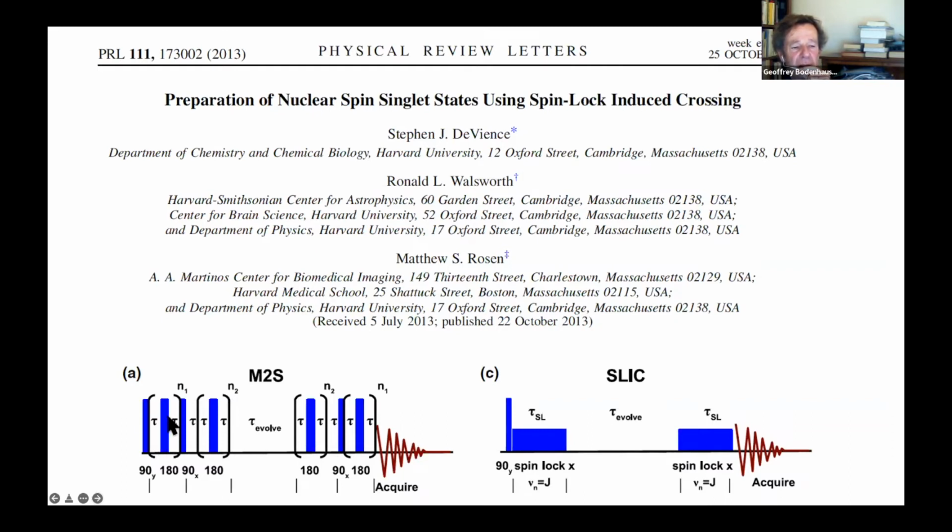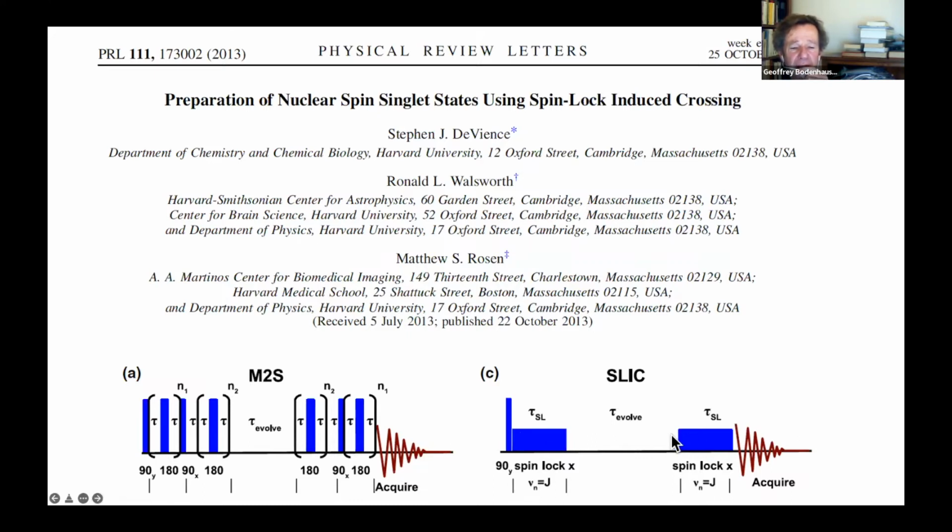In fact, it's maybe 10 of these and then 5 of these or something like that, depending on the strength of this system coupling. But De Wiens and company invented another idea, which they called spin-lock-induced crossing, or SLIC. And this uses simply a 90-degree excitation pulse followed by a phase shift from Y to X, and then a continuous RF field, a little bit like in hard cross-polarization, except that in this case, the amplitude of this field has to be matched precisely with a J coupling between the two spins,